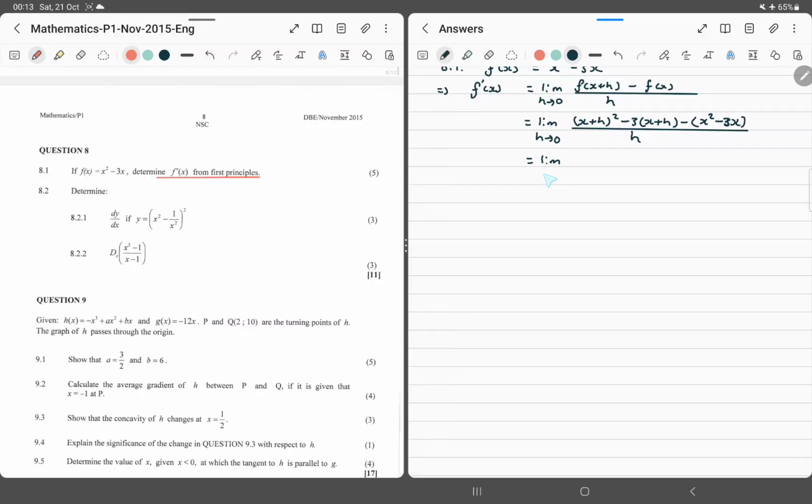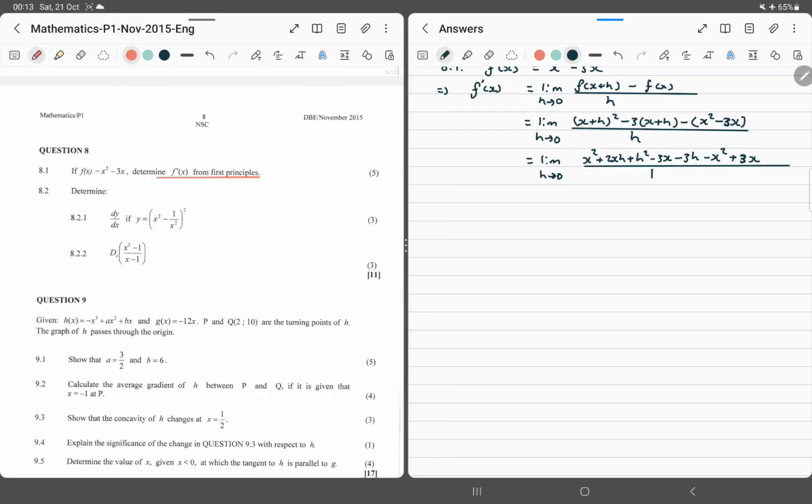This is the limit as h tends to 0. Now we do this one, we expand it out. So this is going to be x squared plus 2xh plus h squared minus 3x minus 3h minus x squared